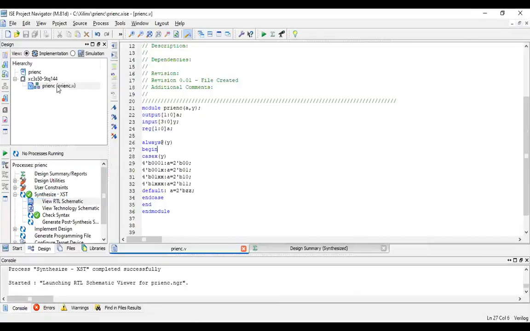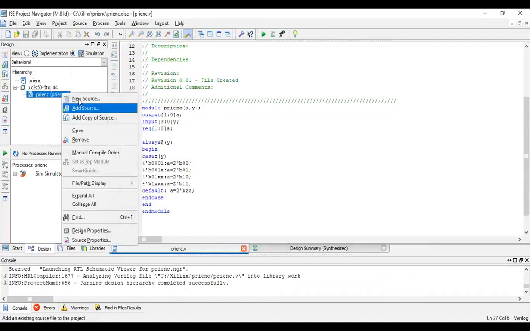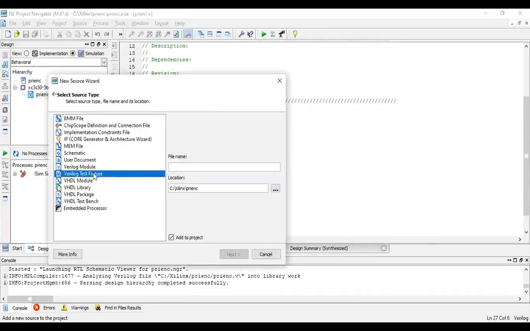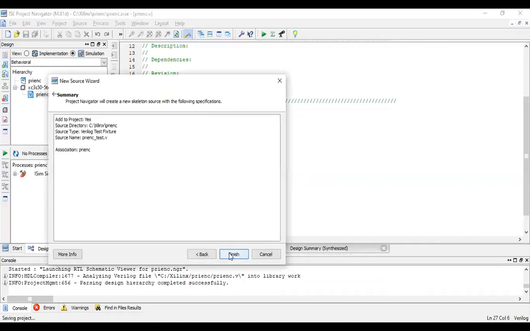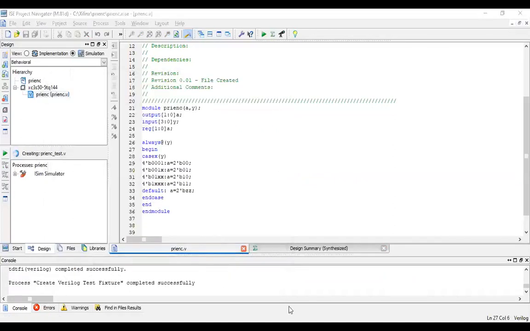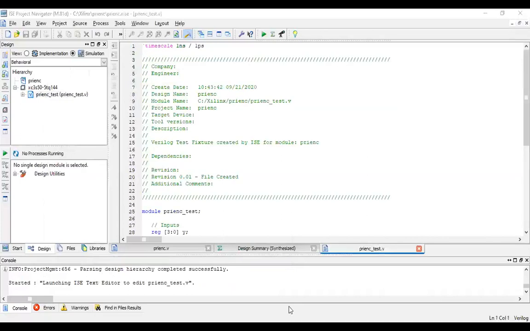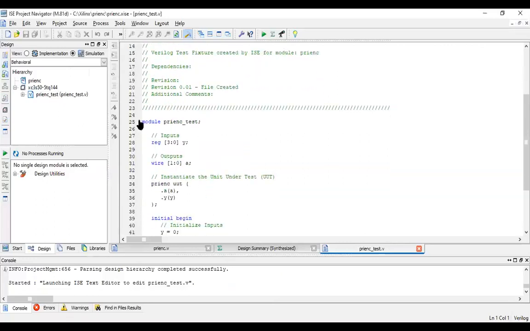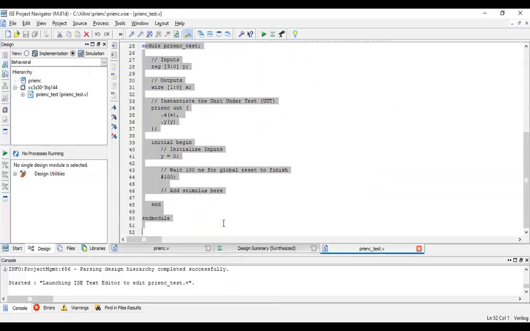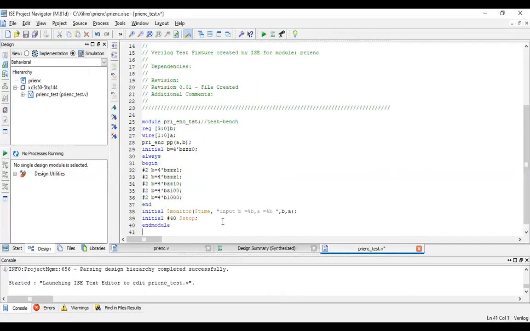Let us write the test bench for the priority encoder. So new test fixture. Priority encoder as test.